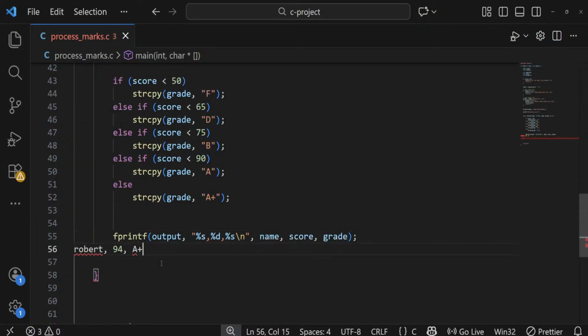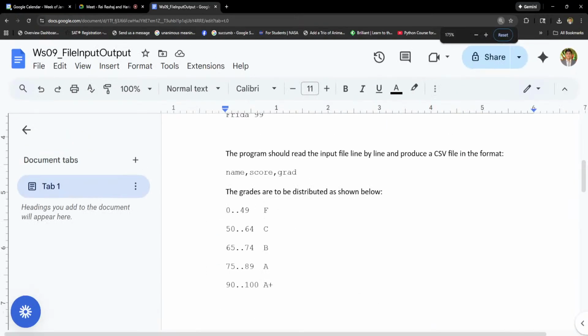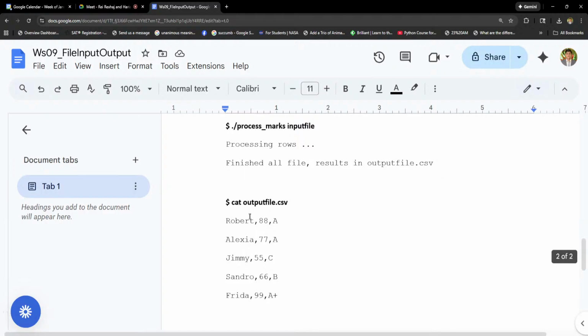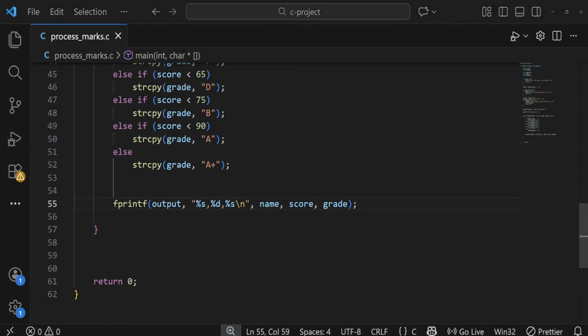So what we're saying here is print on the output file the name, score, and grade. If we go here, this is how it's supposed to be printed. There's no spaces in between each of them. So you have Robert, no space. It's next to each other. Okay, so now that we are done with that,